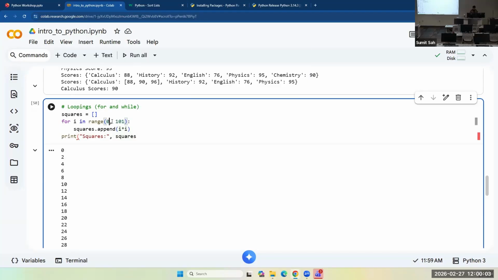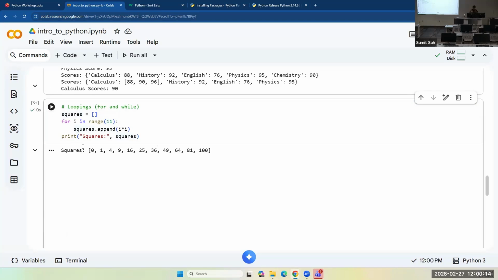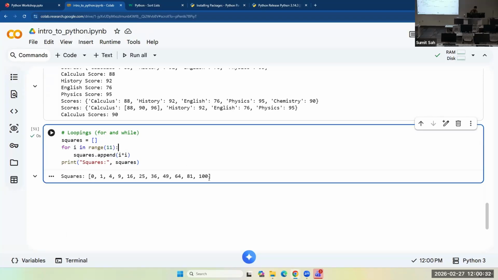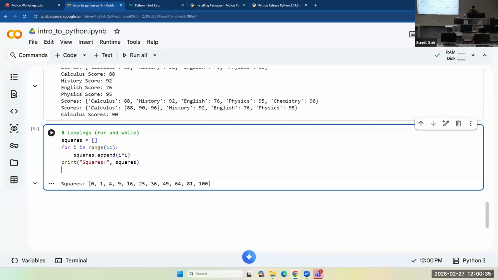Let's say I want squares of the numbers. So what it's doing is appending squares into this list every time. So i is first 0, it will append 0 squared into the list, and then 1, and so on, and then it stops.